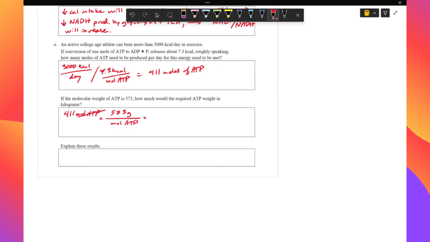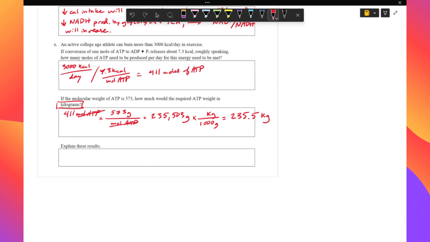We can simply run that multiplication, canceling out our units here, which gives us 235,503 grams. There are 1,000 grams per kilogram, paying attention to what the question's asking here. Simply move that decimal over, which gives us 235.5